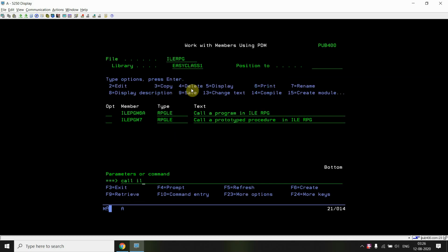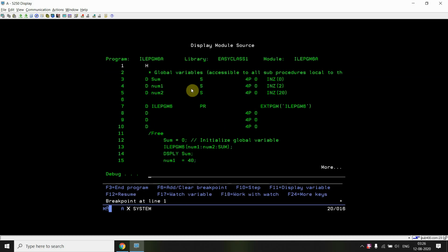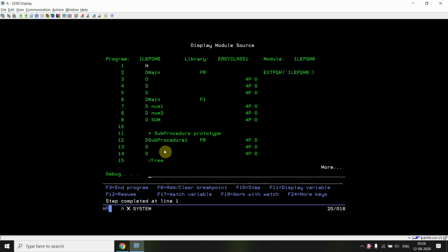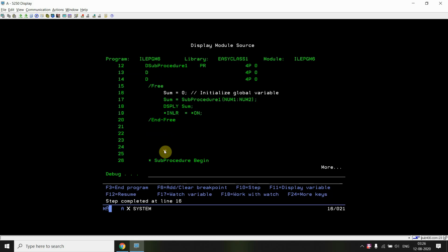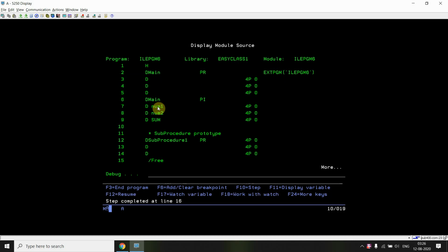Space 1, I'll call ILE PGM6A. Okay, so we can see we are passing num1 as 2 and num2 as 20, which are initialized here. So we can take Shift F10. We are coming to this one, so we can see what input we have received in this program, 2 and 20, and this is 0.